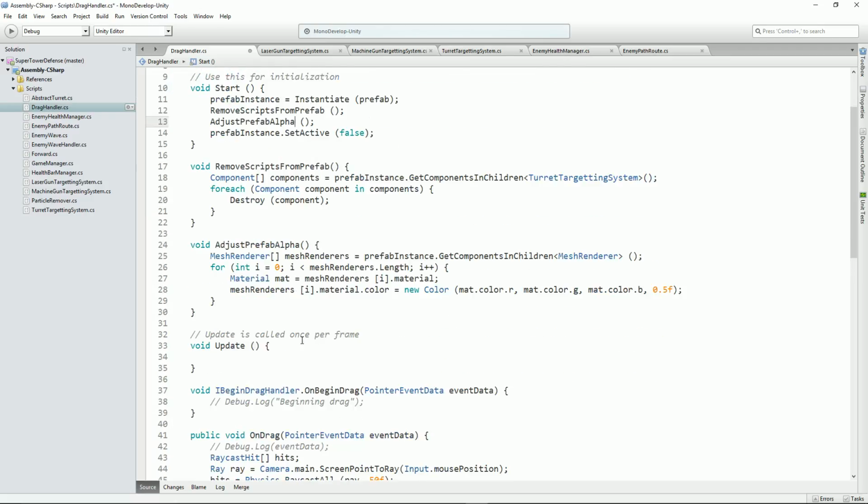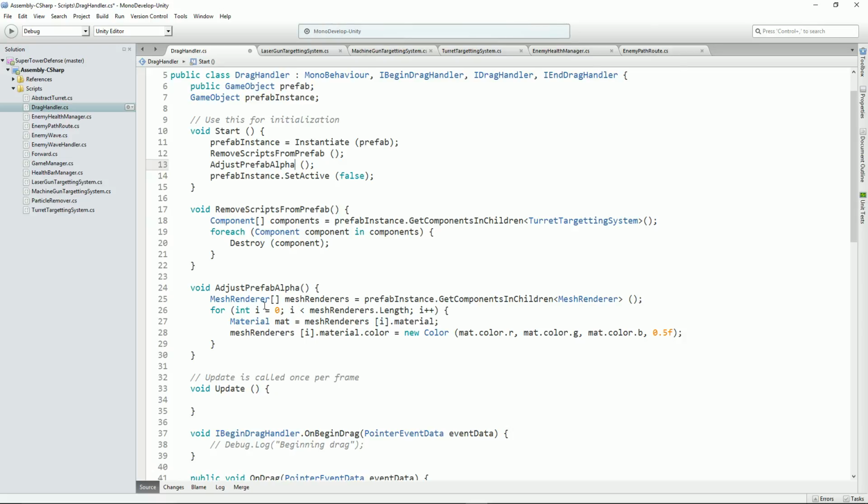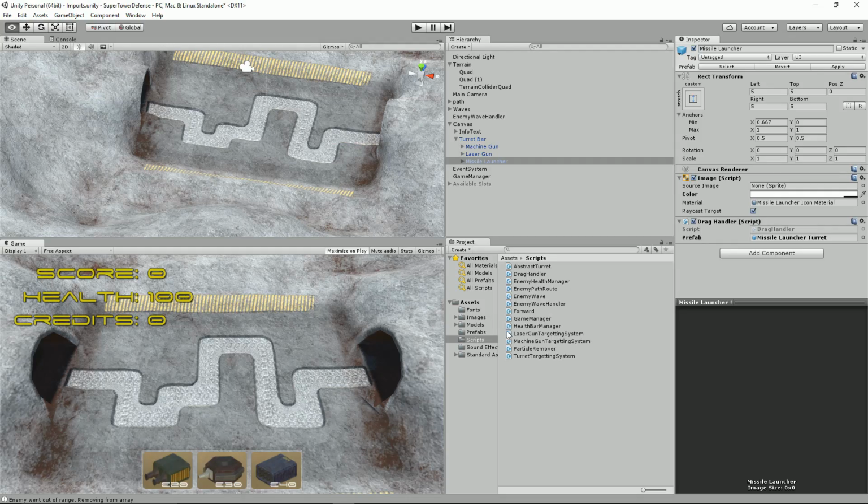Okay, that'll just be a script down here. What this does is it goes, well, where's your prefab? Get all the mesh renderers in that prefab instance that I've just created, and set the color to, well, the same red, the same green, the same blue, but the alpha to 0.5. In order to be able to do that, what I actually had to do was go